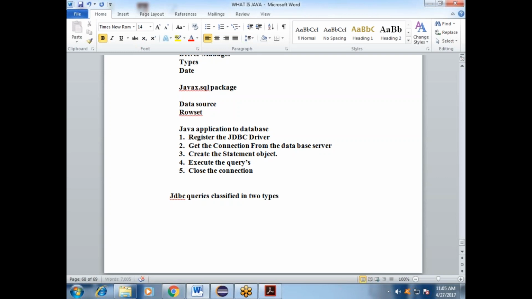First, the select query. Second, the non-select query.